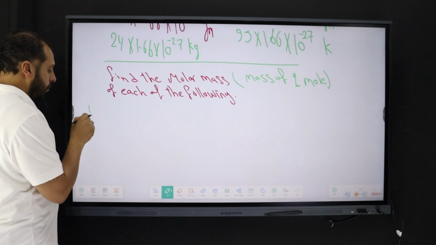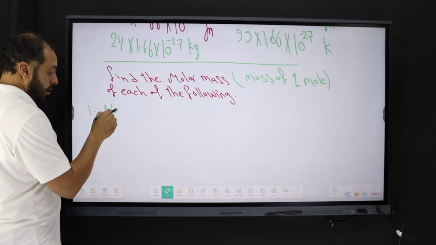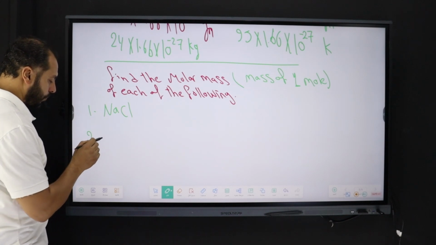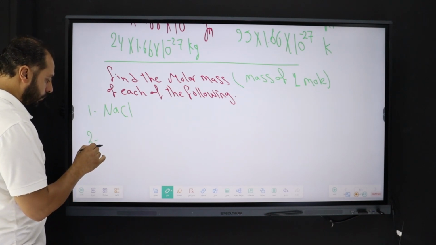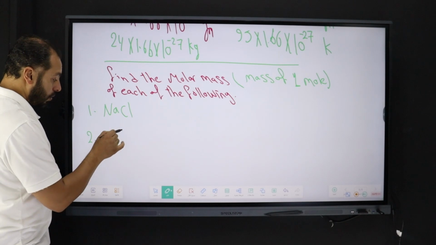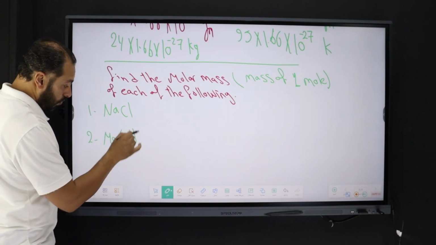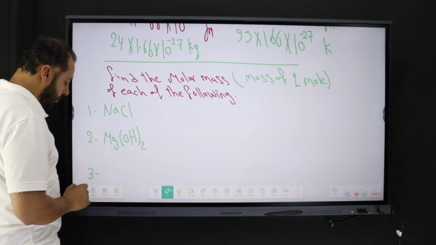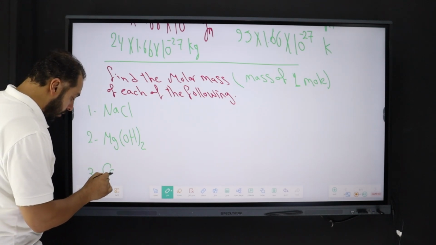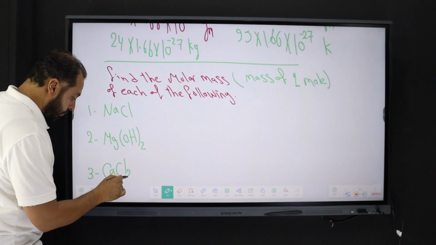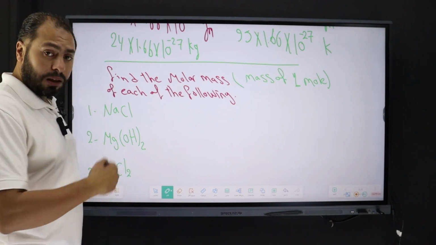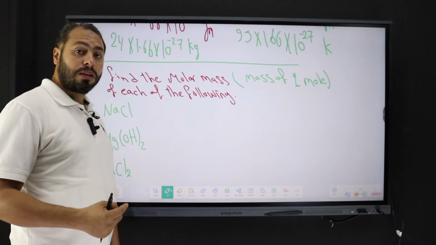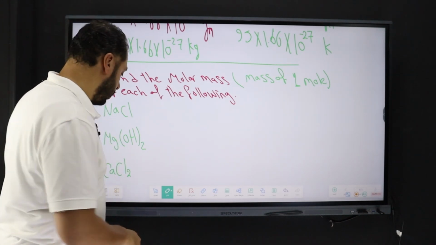Number 1 is NaCl. Number 2 is Mg(OH)2. Number 3 is CaCl2. Let's calculate the molar mass of each one of them. This means that we will calculate the mass of only 1 mole. So